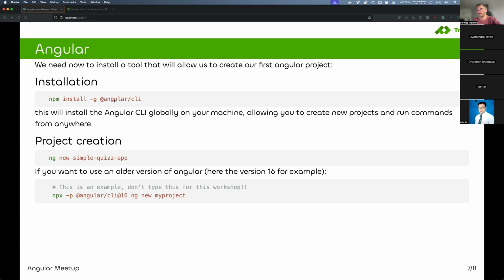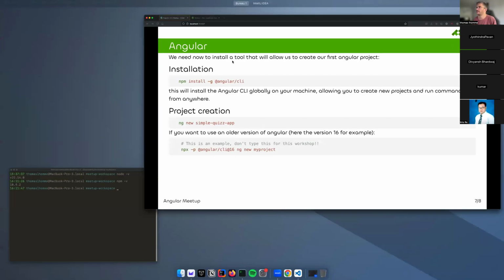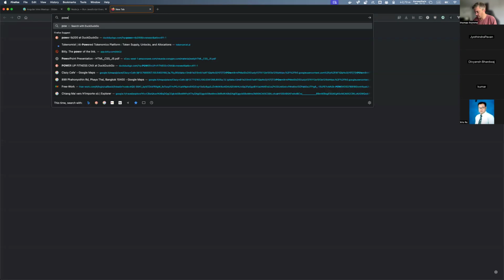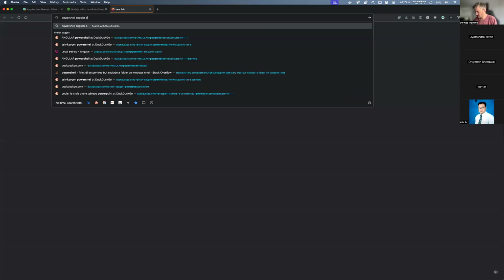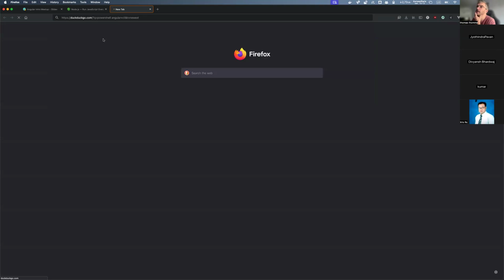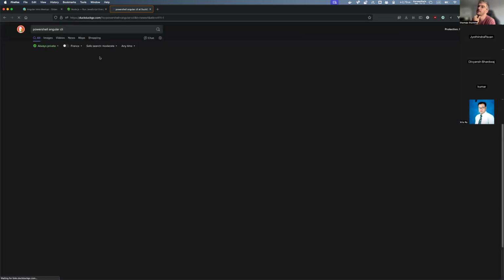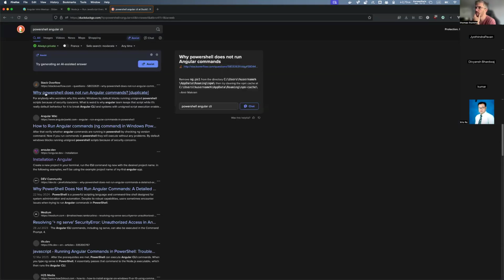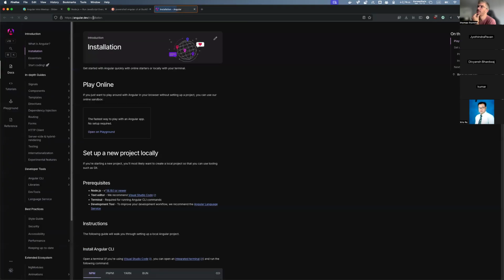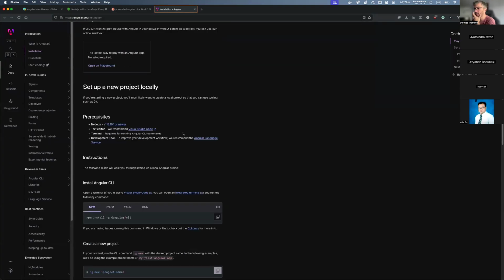If you use PowerShell, you will need to type a certain command, right? So if I type the Angular CLI command in PowerShell, it will tell you that it doesn't work. So actually, if you go on angular.dev, installation of Angular, this is the new website of Angular, angular.dev.